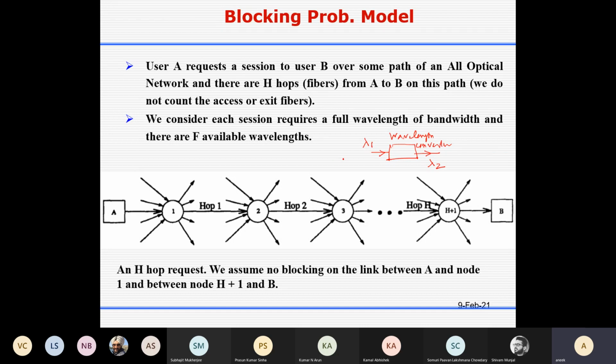So from omega you are getting 2 omega. So using such strategy you have to get a different wavelength. So still in optical domain, those devices are not there, but in electrical layer, those devices are available.